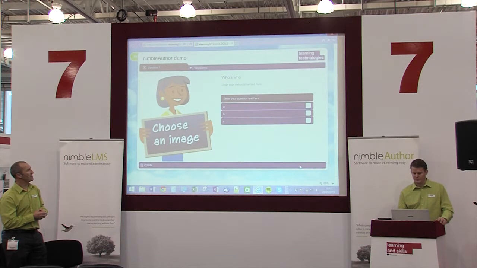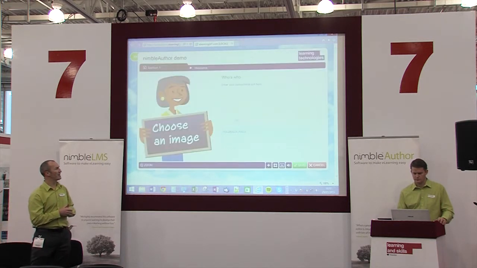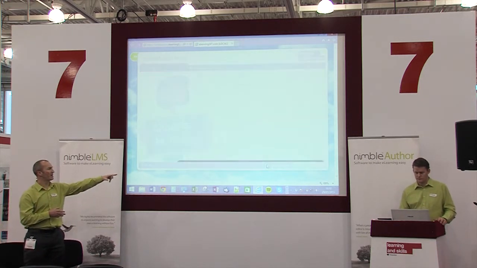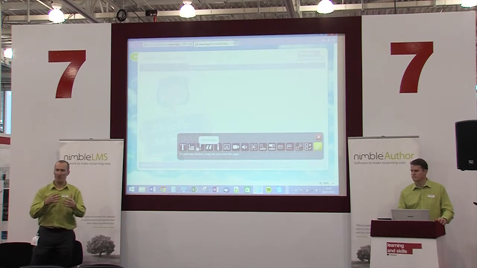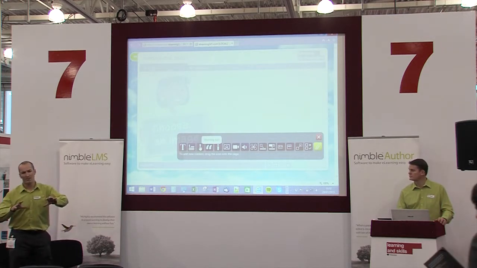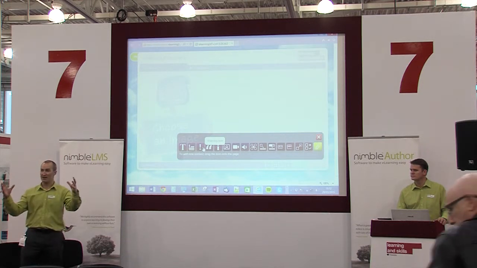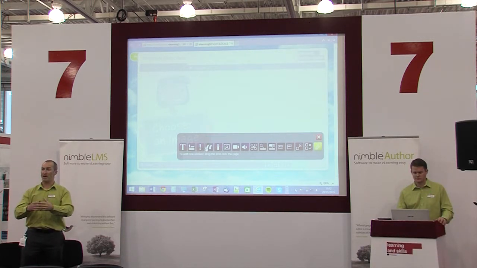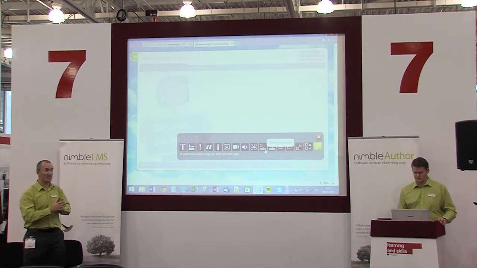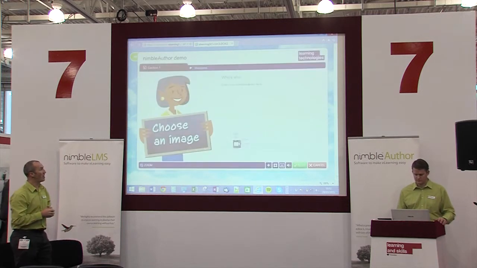So there it is in action. So now there's all sorts of other assets we can do. If we remove this from the page, we can now show you the plus button. And what we do as well is we try and promote best practice. So from an instructional point of view, instead of just giving you access to everything, if you've already put an interaction onto the page, we then remove a number of other interactions that really aren't best to use with that. So again, you're not overwhelmed by all your choices.